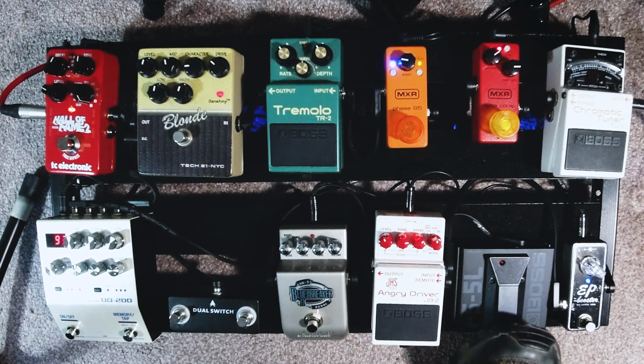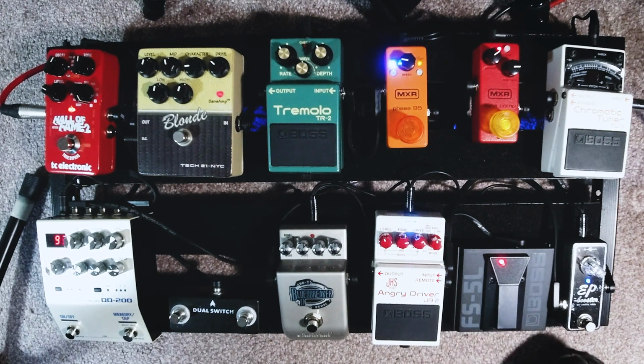Now let's switch over to the blues driver component. You can turn the EP boost off and you get a nice kind of...